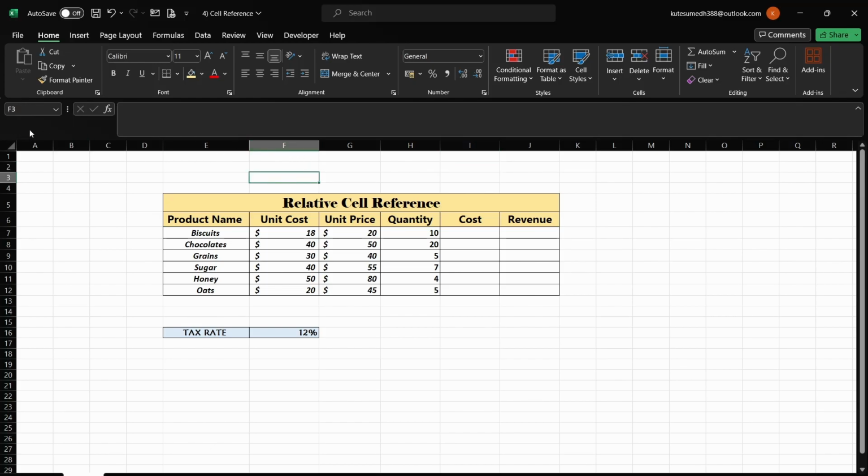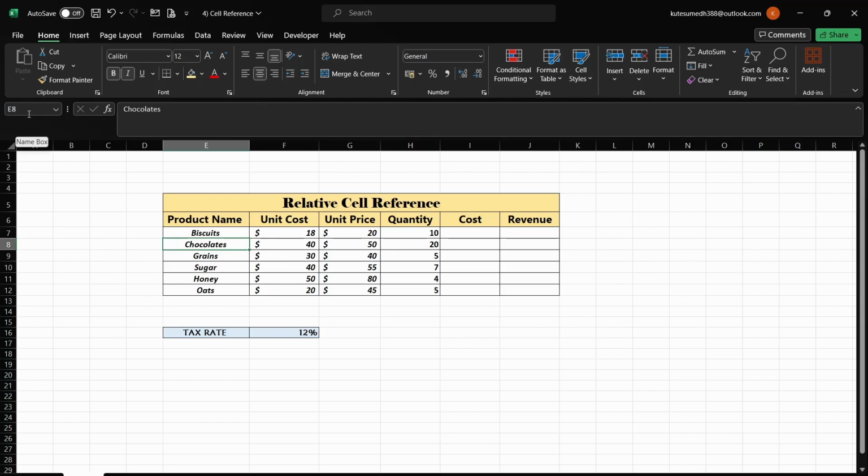It is showing the address of the cell, which is called the relative cell reference. First it takes the alphabet, that is the column name, and then it returns the row number. So this one is taken as G3. Here I will click at this chocolate cell, it is the E column and the eighth row, so it is taking the cell reference as E8. This is called a relative cell reference.